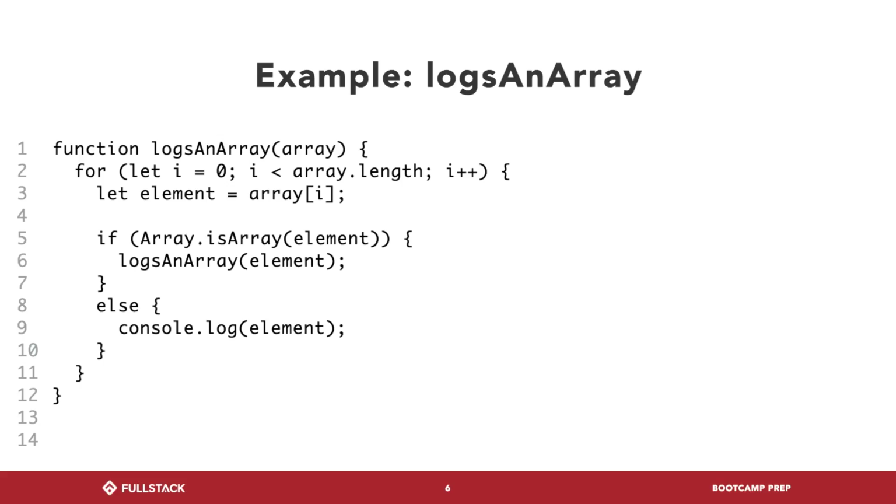We're going to reach a scenario in which there's no more nesting, or there's a finite amount of nesting someone can do in an array. We're going to reach the end of it, and then we're going to be finished. So this is an example of a case where, yes, there is a base case. Yes, we are approaching the end, even though we don't really know when the end will definitively be, right?